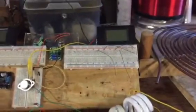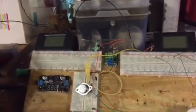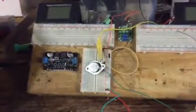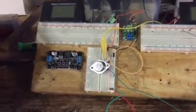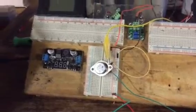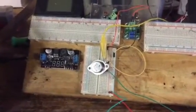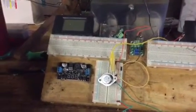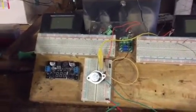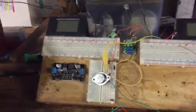This is getting real hot. So that means I'm pulling a lot of wattage. And if I'm pulling a lot of wattage through here, I got to look and see how I can cool it down a little bit. I mean, I can use my heat sink, but it's real hot. So I know I can do something electronically to cool it down. Leave your comments out there, guys. Most likely change the resistor or add a capacitor, a little electrolytic capacitor coming off the negative side might help bring down the temperature, because